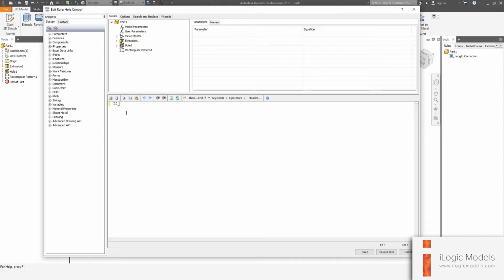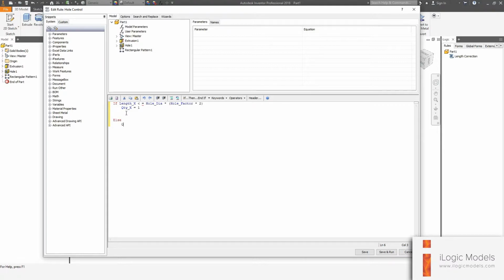So we're going to say if the length_X is smaller or equal to the hole_diameter times brackets hole_factor times 2, then we want the quantity_X there equals 1. I'm just going to say here else